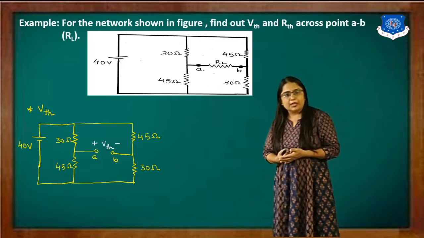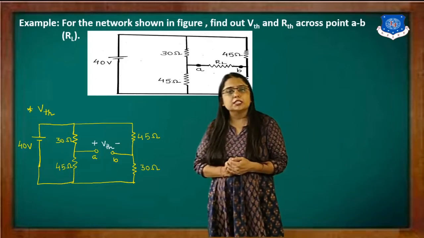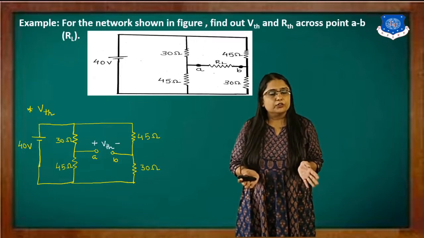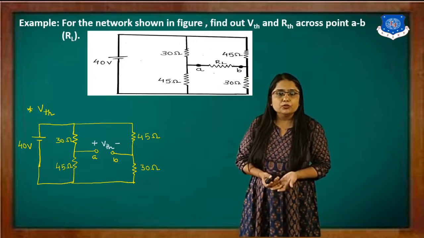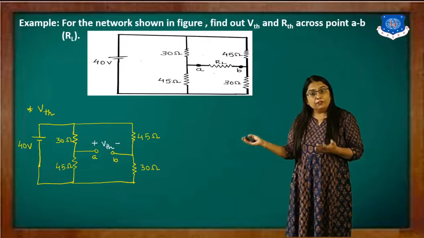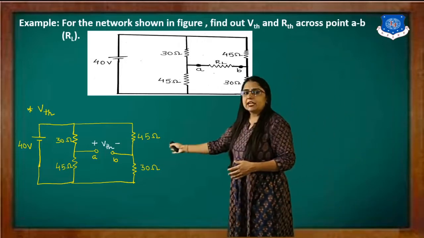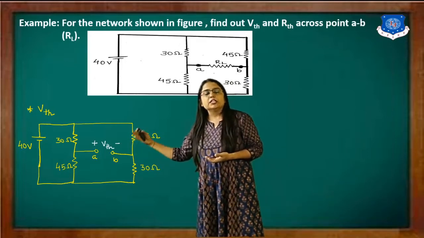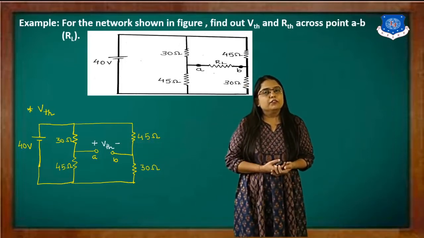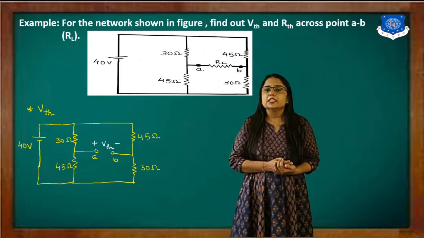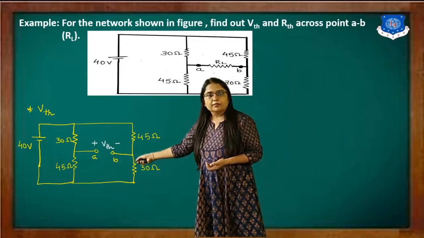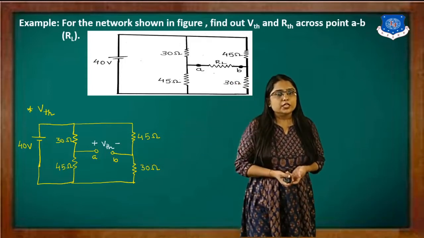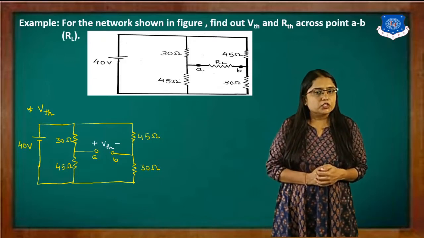That means if you want to use mesh analysis, you can use the mesh analysis. If you want to solve this using the node analysis, you can use the node analysis. Someone wants to do the source transformation, if it is applicable. In this example, the source transformation is not possible, because when we want to convert this voltage into the current, we require the series resistance that is connected with this 40 volt supply. Basically, it is not there in this particular diagram. So here we cannot use the source transformation method.